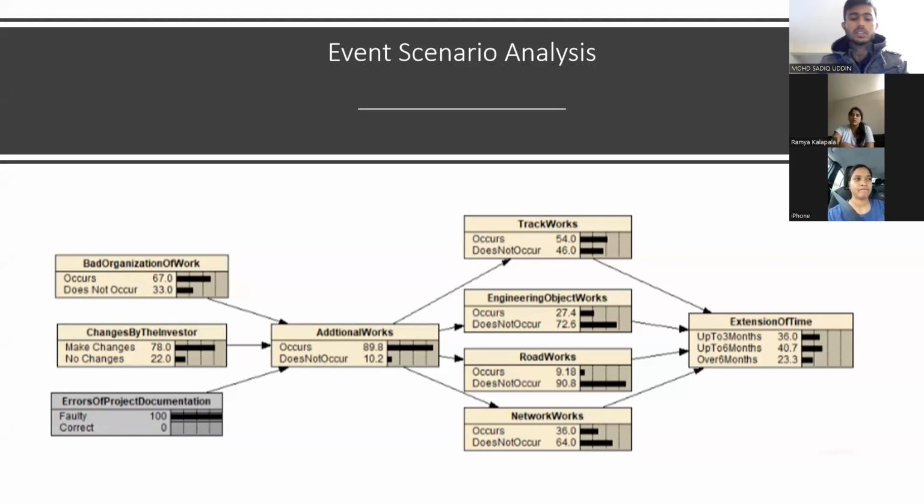Now coming to the event scenario analysis. This circumstance was examined in the existence of a risk factor, along with the inconsistencies in the project documentation. With the revelation of the problems in the project documentation, this event was modified. In this event, the hypothetical has an over a percent chance of reviewing the whole scenario. It will demonstrate certain effects in the presence of an event affecting existence after completing the whole study, as illustrated